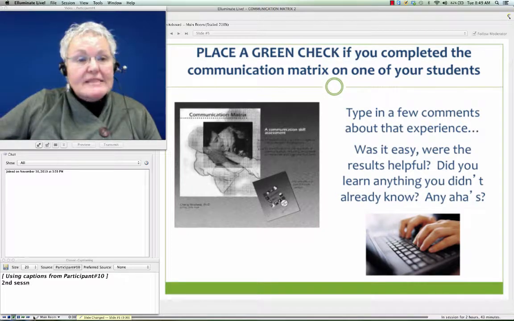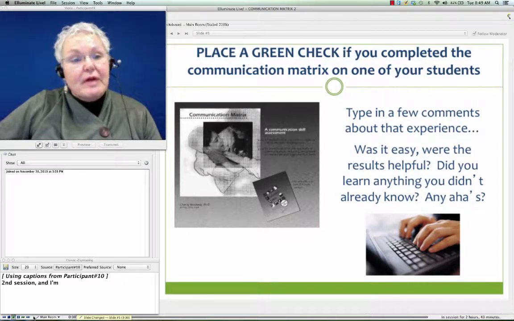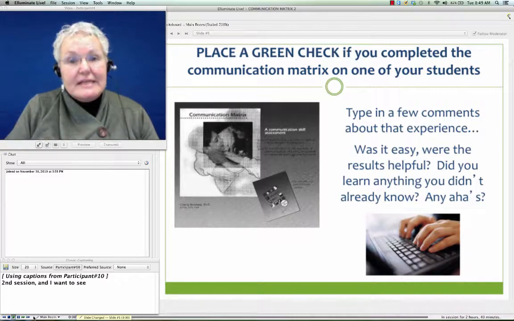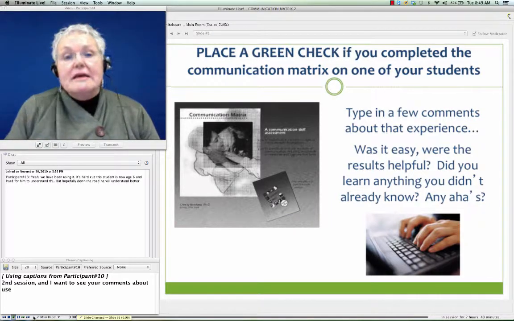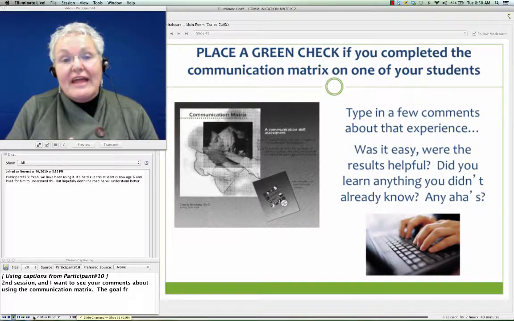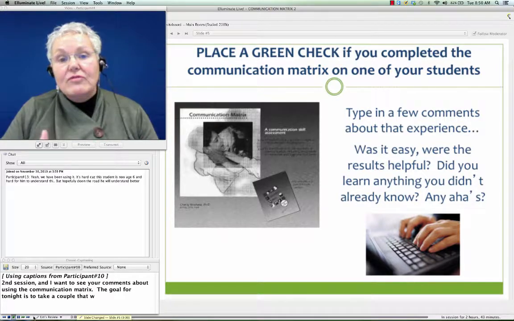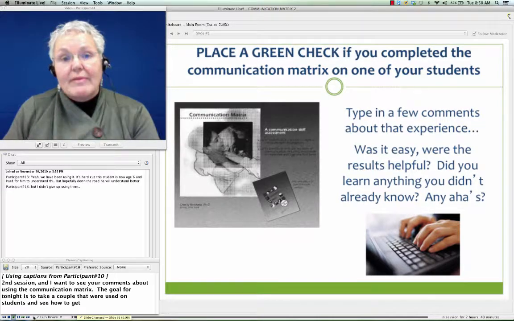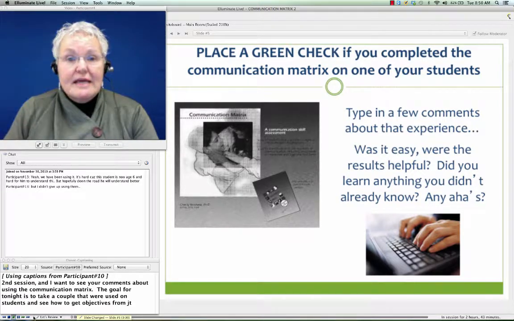Comments made by people regarding their experience of using it. The real goal for tonight is for us to then take a couple that have been completed on students and talk about, so how do you then get objectives from that? And then next week is to talk about, so how do I develop activities? So we're going to go ahead and